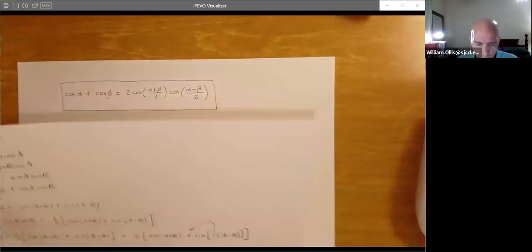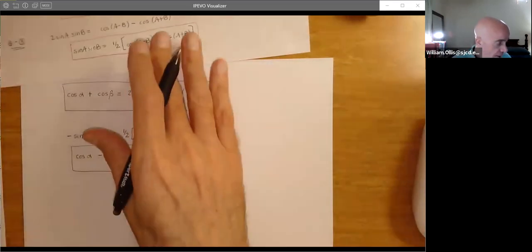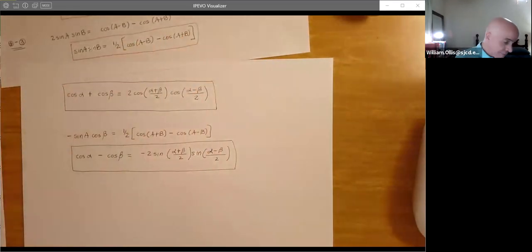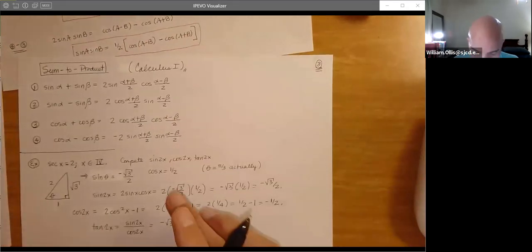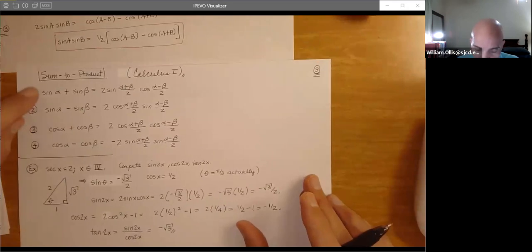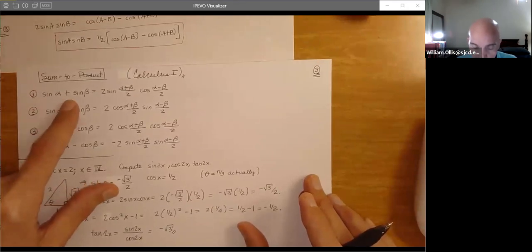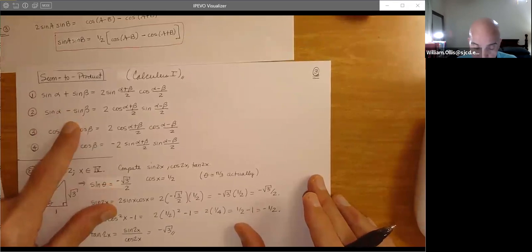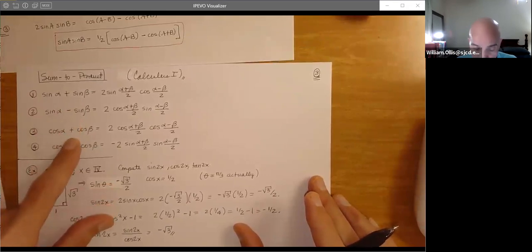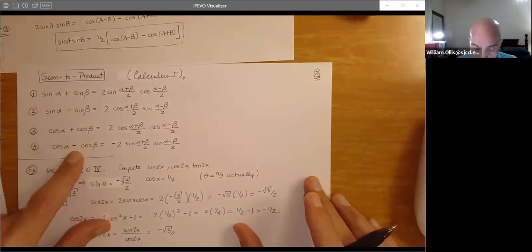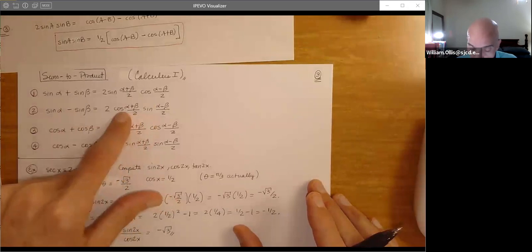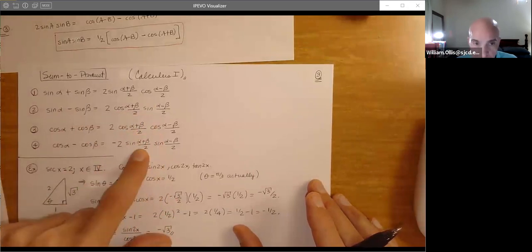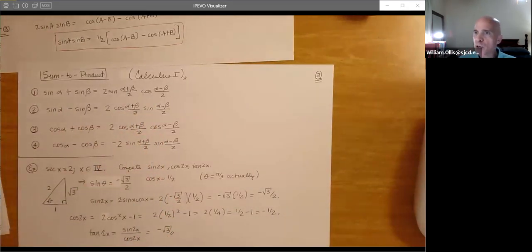And so now we can see product to sum, sum to product. Here's a summary of them right here. We've derived the sum to product: the sum of 2 sine functions, the difference of 2 sine functions, the sum of 2 cosine functions, the difference of 2 cosine functions. Again, these have the sine and cosine here, these have either the cosine or all the sines. So again, the use here is limited.